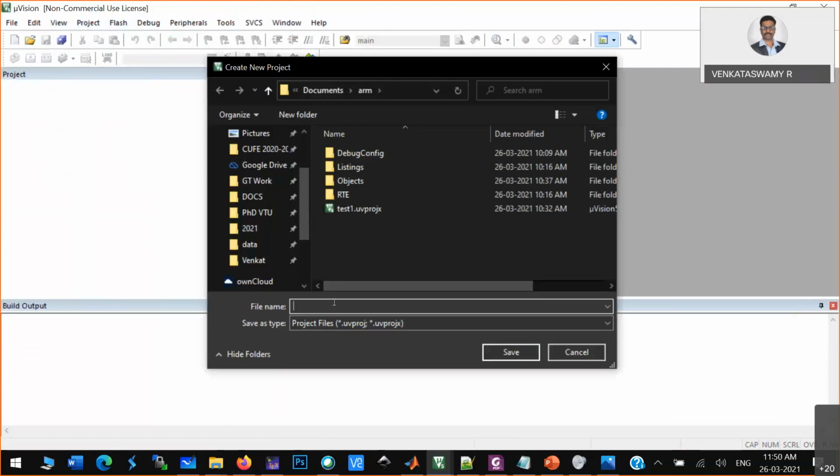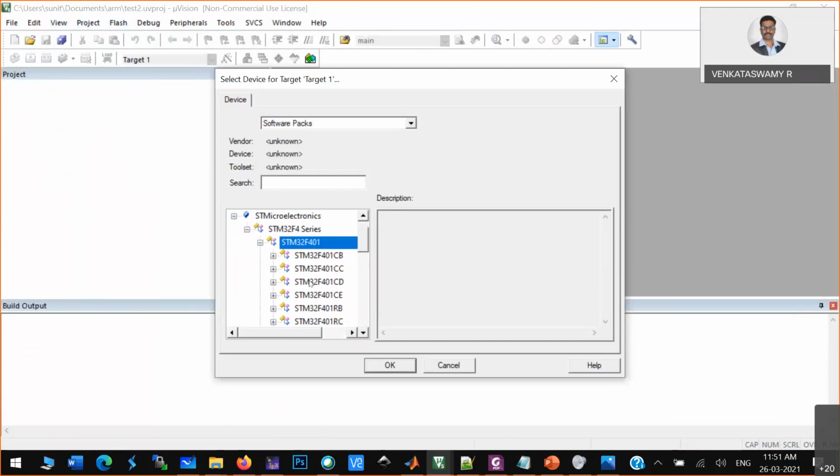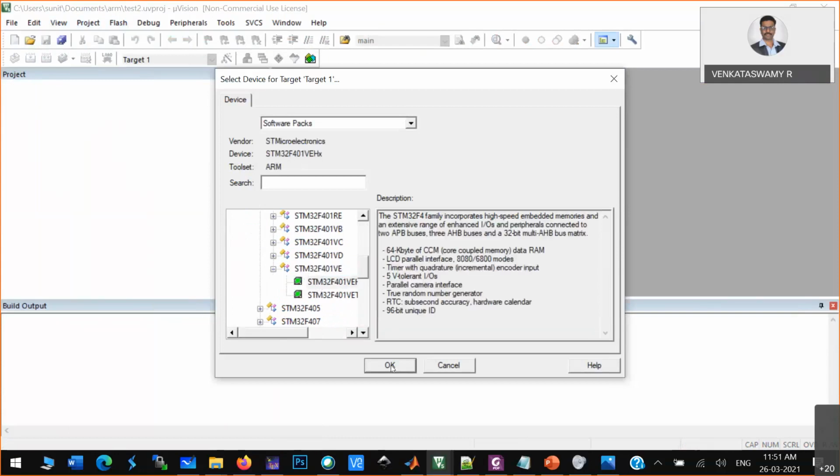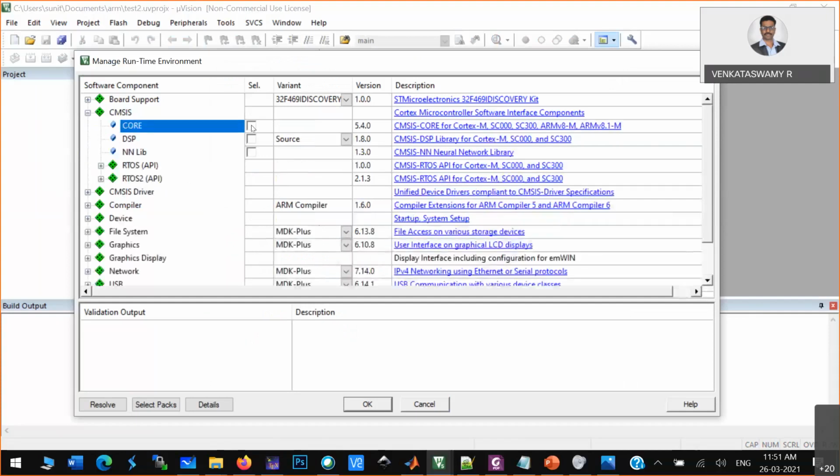then give some name. I just gave the project name as test2, and here select some ARM controller. Now I'm just taking an STM product. Basically, this is a very primitive operation, so you can take any ARM controller and work with it. And whenever you are selecting the runtime,